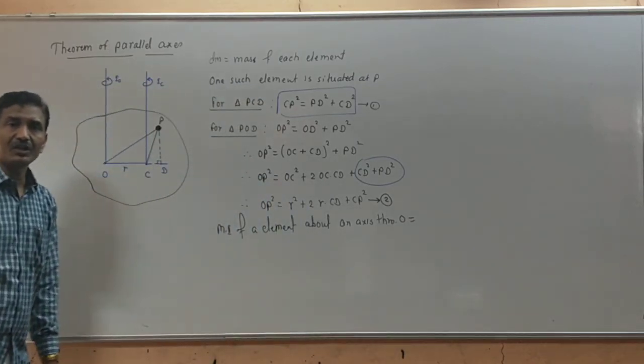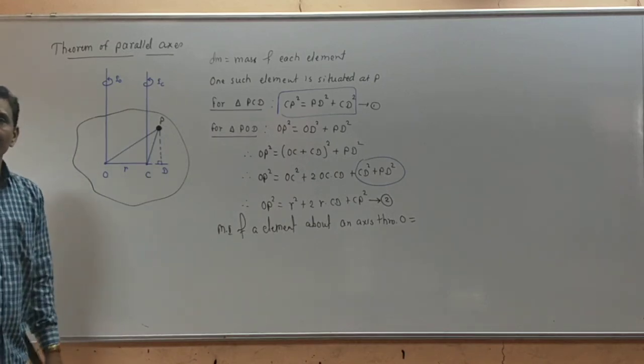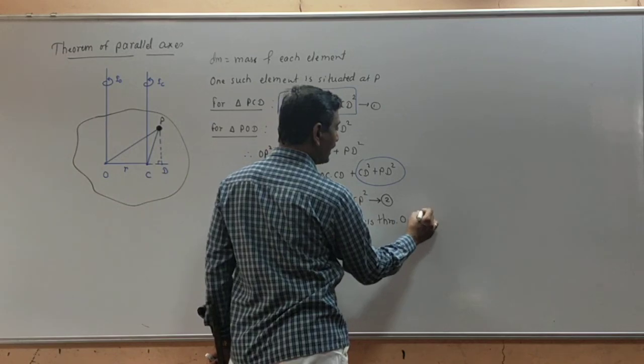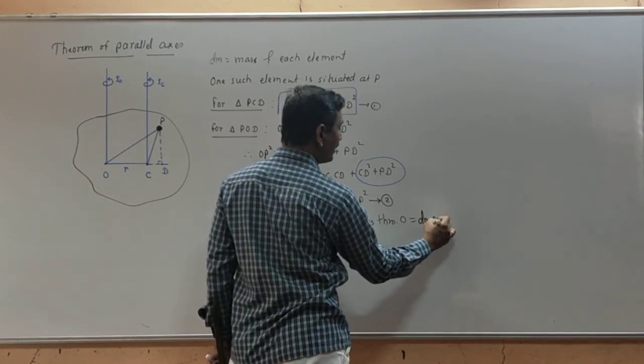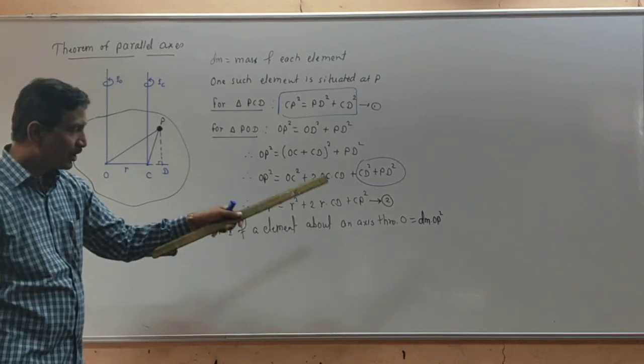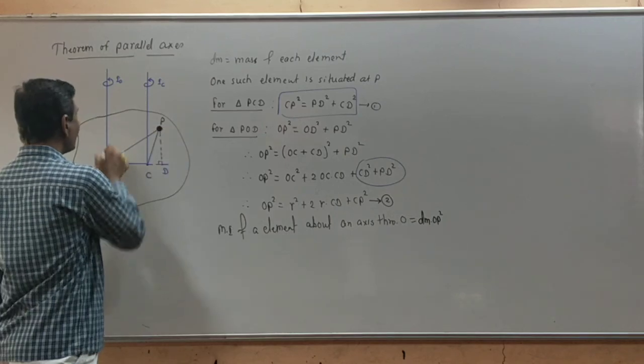So what is our definition? The product of the mass and square of the distance from the axis of rotation. So here mass of the element is dm and its square from the axis is what? OP square. Product obeys commutative law. So OP square into dm is the moment of inertia of this element about an axis